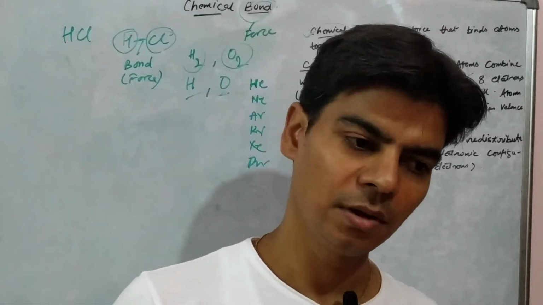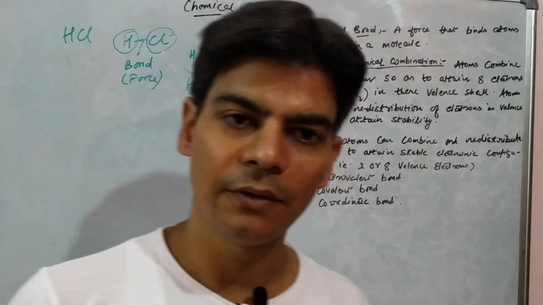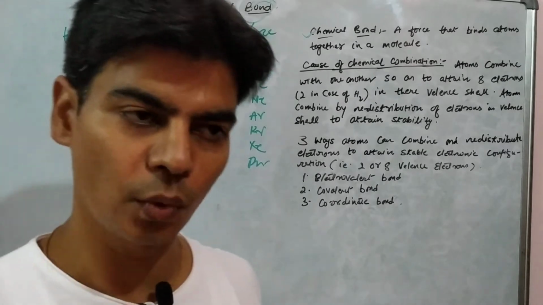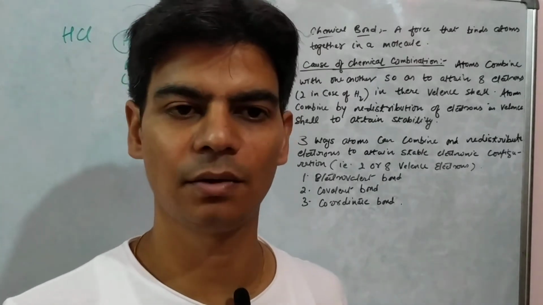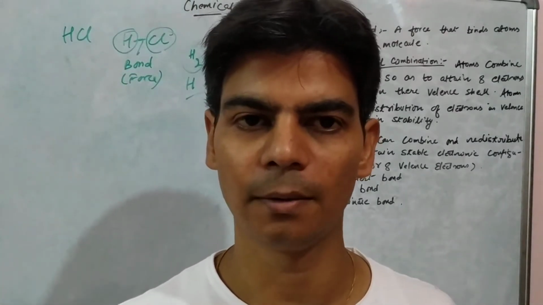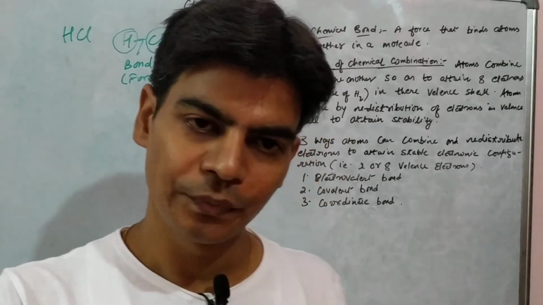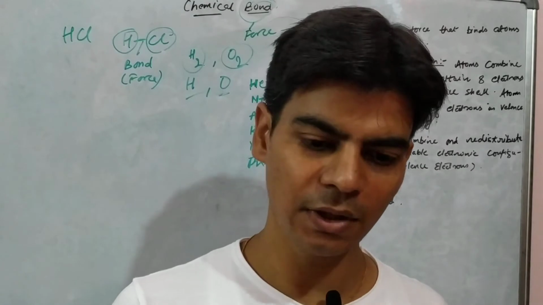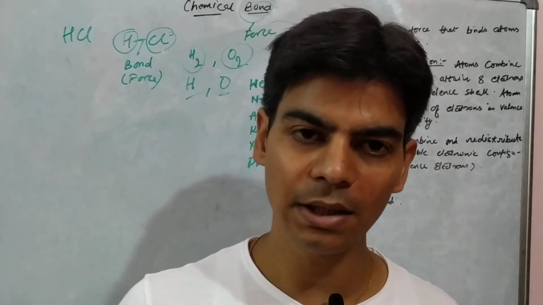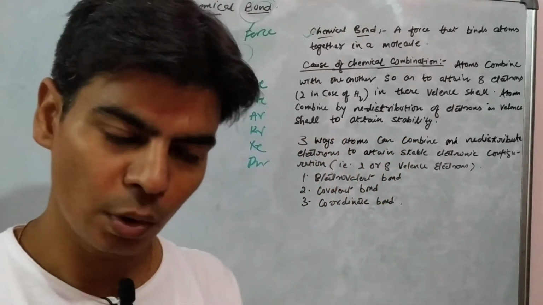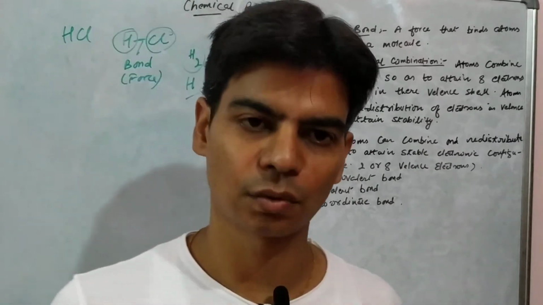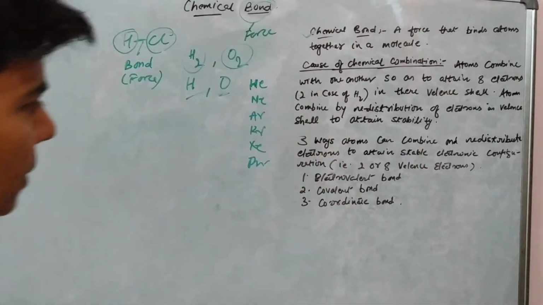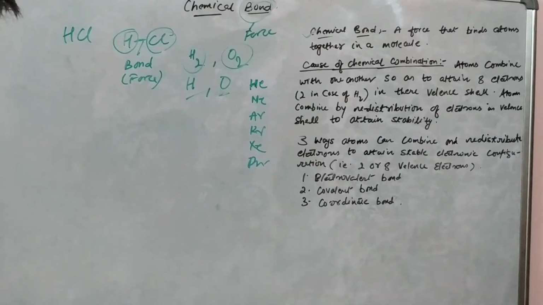So atoms that are unstable will chemically react, like one hydrogen atom reacting with another hydrogen atom to form a hydrogen molecule, right? So when atoms do not have 2 or 8 electrons in their outermost shell, they will chemically combine to attain 2 or 8 electrons in their outermost shell. Let's see examples, that will make things clear.